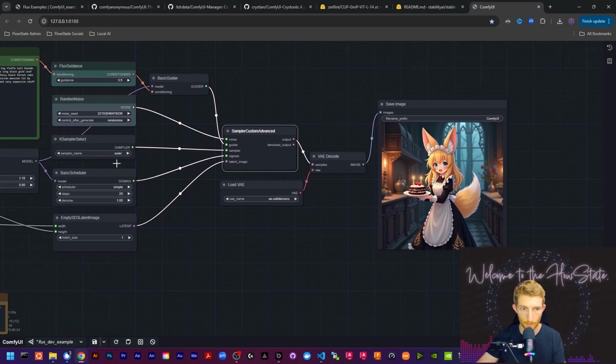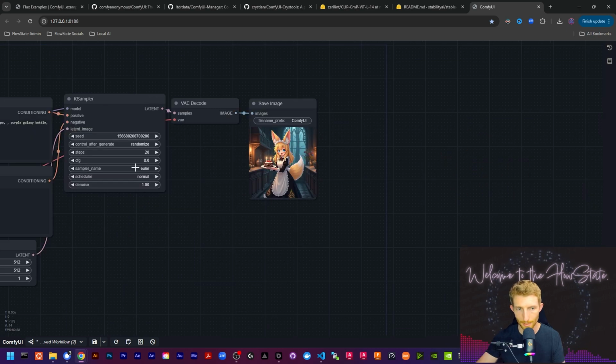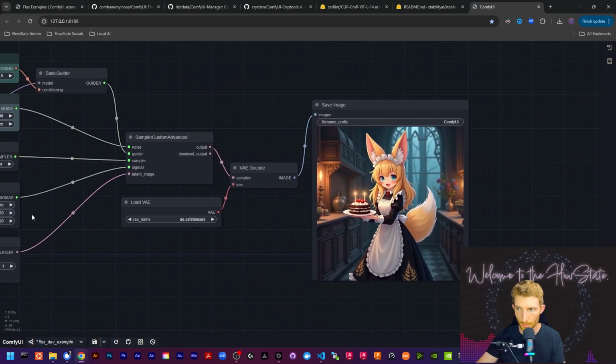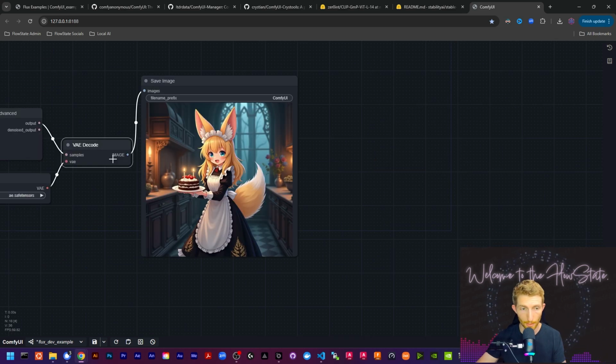So we have these other separate nodes over here, but just like we saw in our simpler basic stable diffusion workflow, where we had all these options right here on the sampler itself, they do the exact same thing. The only difference now is that they are coming into the sampler as inputs instead of being fields on the sampler itself. And then of course, like last time, we have our decoder here,